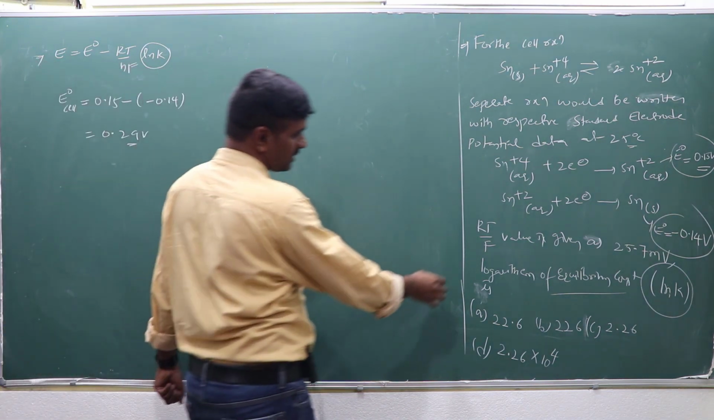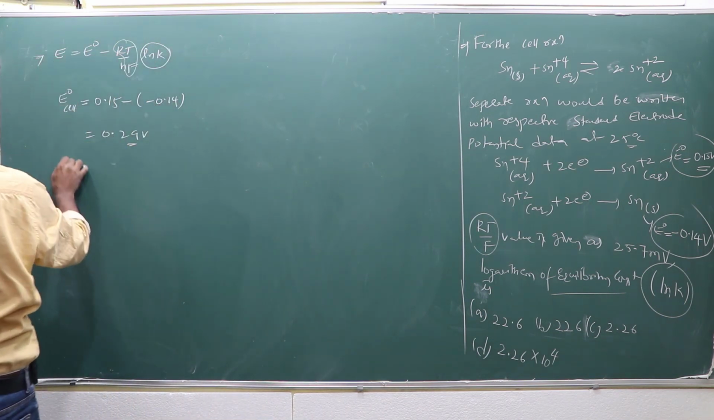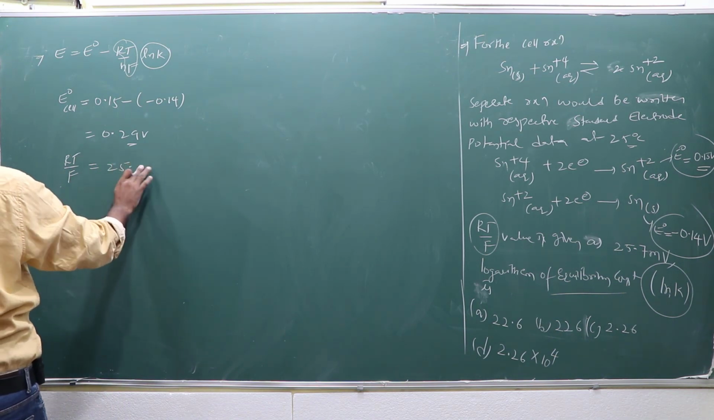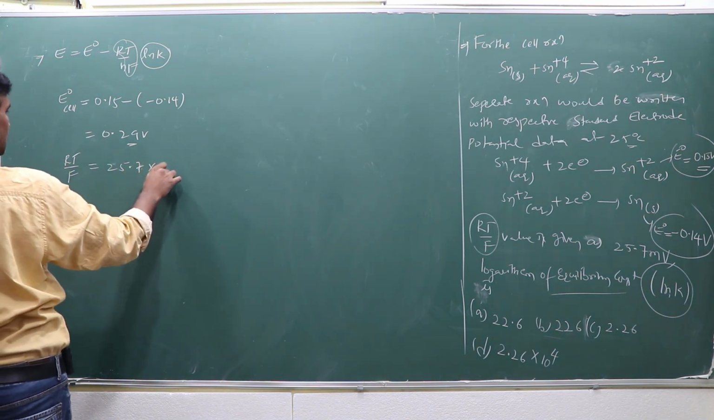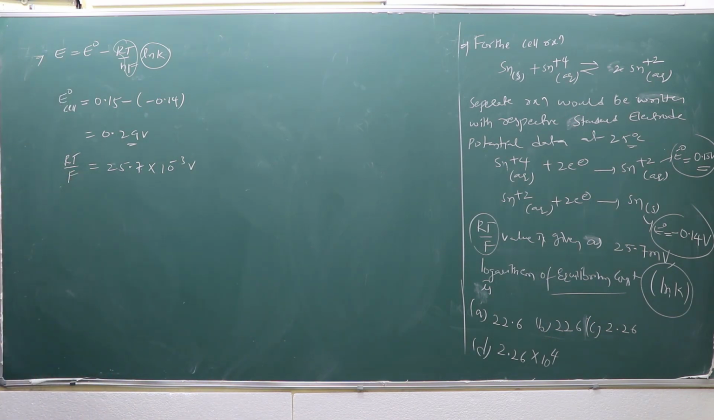And the RT by F value is mentioned. How much is the RT by F value? 25.7 millivolts. That means 25.7 into 10 to the power of minus 3 volts, since 1 milli is equal to 10 to the power of minus 3. Right? Next, E naught is equal to